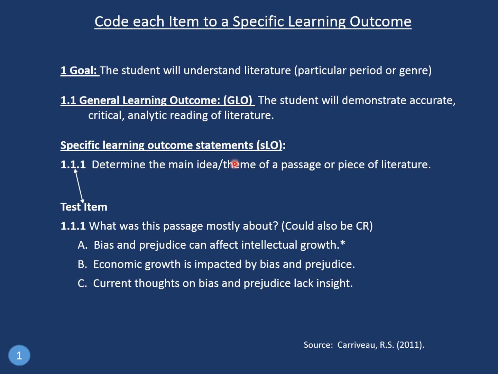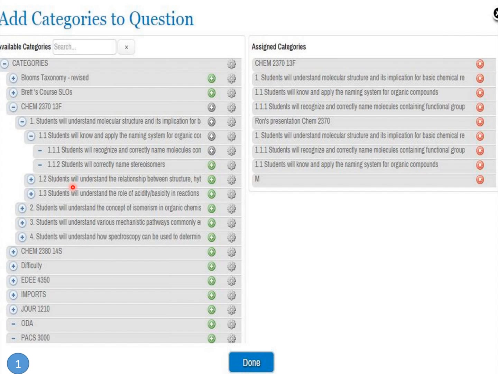And of course, the key is we have to be able to connect those statements with a test item. And the test item can be selected response, constructed response, performance, product. In this case, it's demonstrated as a multiple choice item. And we mentioned that all of the tagging that we need to do to get a report can be done with this page from the screen from ExamSoft. And we can tag many different ways, and we'll be talking about that later on in a little more depth.